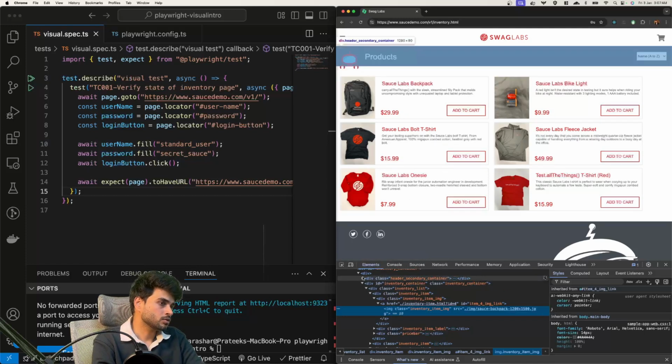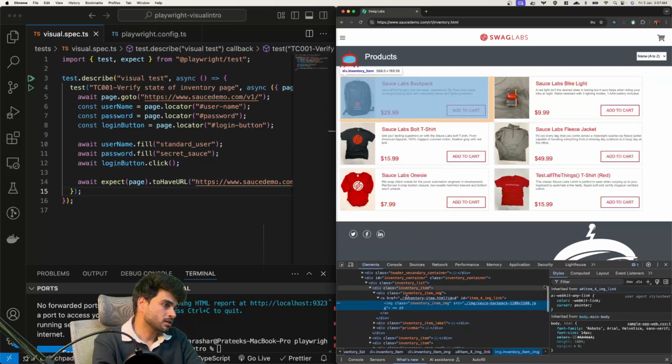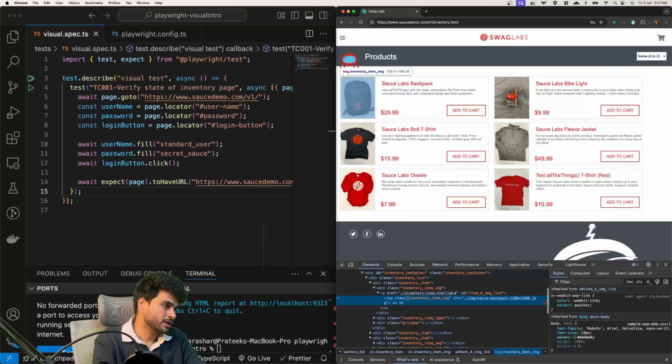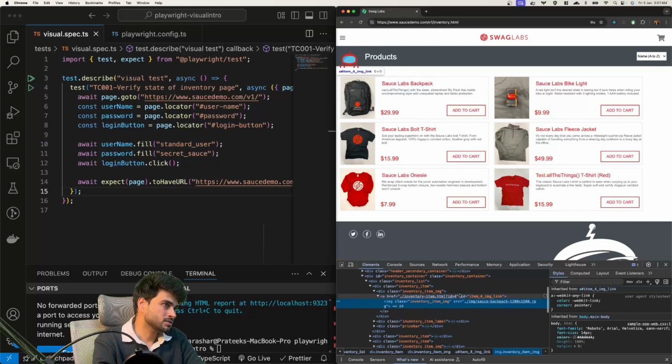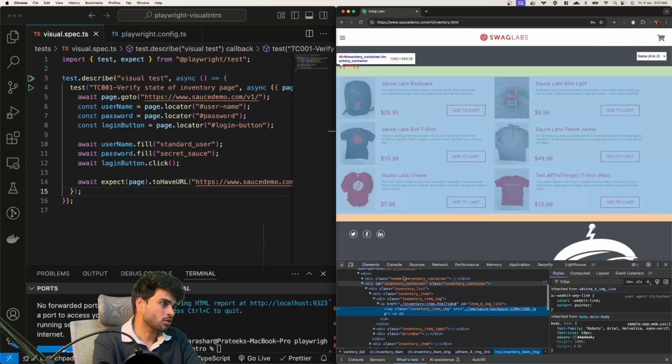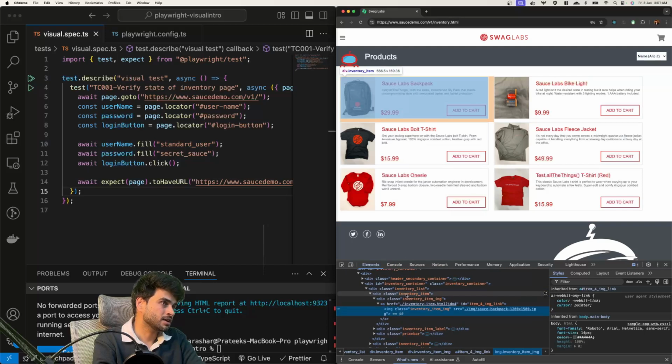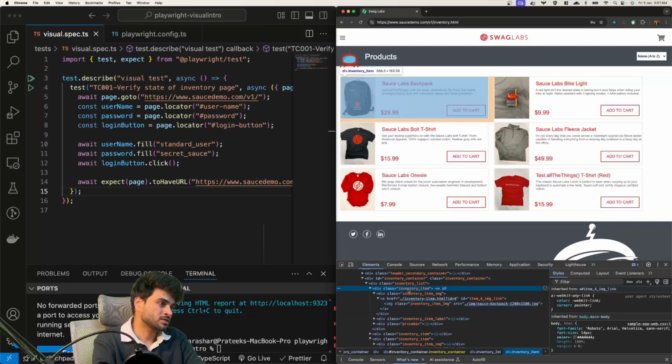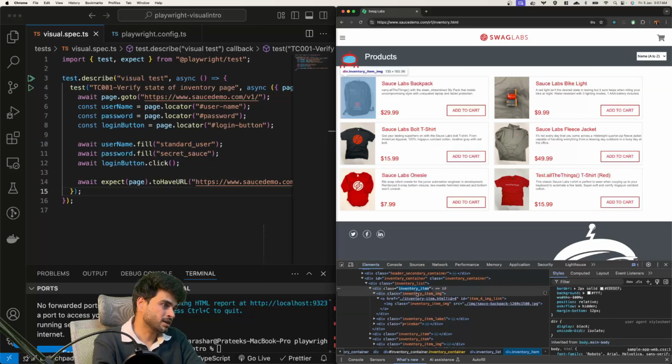Okay, so first of all what I have to do is find out in my elements. So basically we'll see these are a list of elements. In the list of elements I need to isolate and find out only this particular container which holds this Sauce Labs Backpack. So let's go and see how you would do that. So basically I need to find out this whole container. So all this is known as inventory list, inventory item. Okay, so we know this is inventory item, and in this inventory item I need to filter out